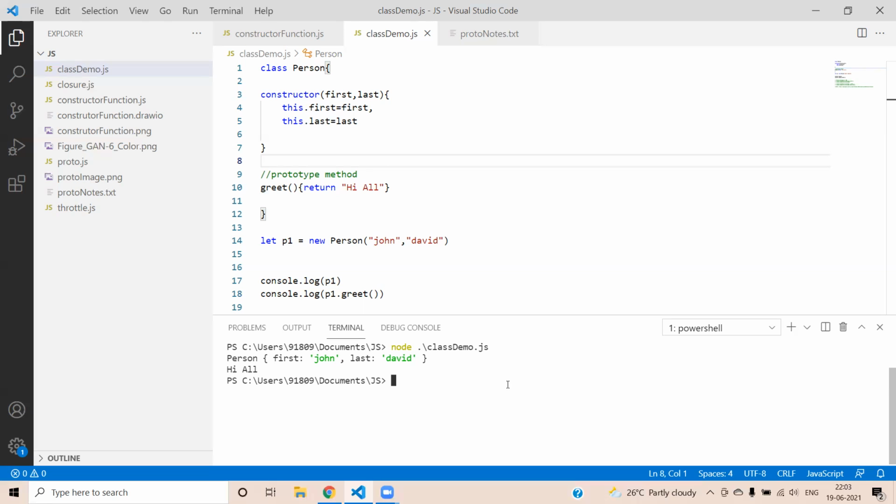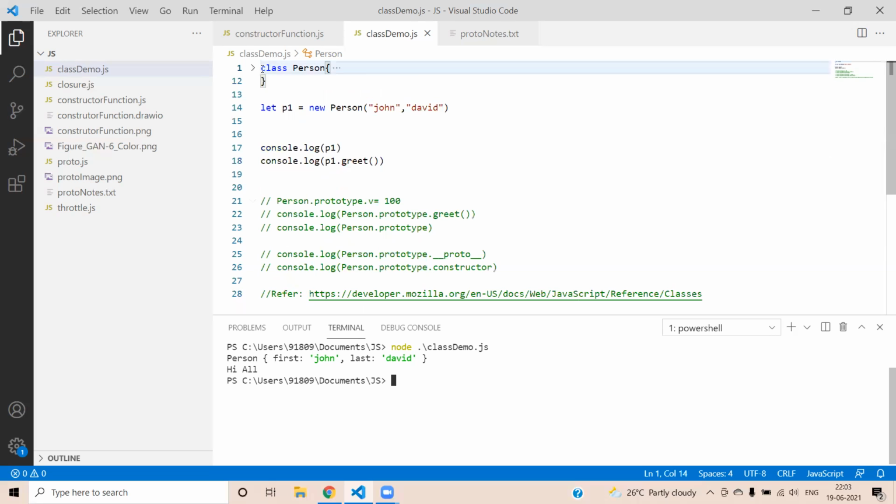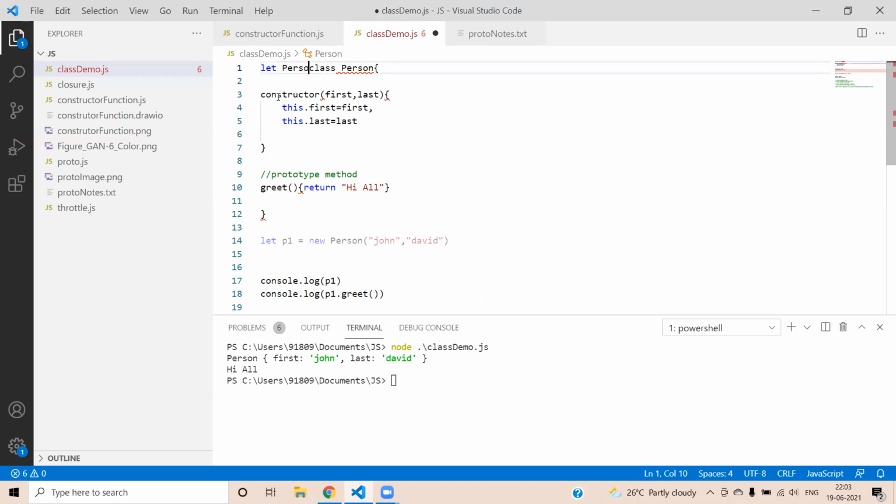Similar to function expressions and function declarations, we can send classes as arguments. We can return classes from other classes or other functions. For example, rather than creating the class Person as a class declaration, we can create let Person equals, and here, rather than mentioning the name Person after class, we mention only the class expression.